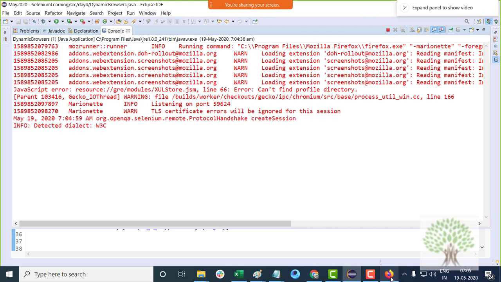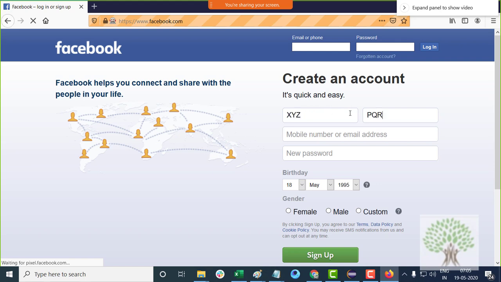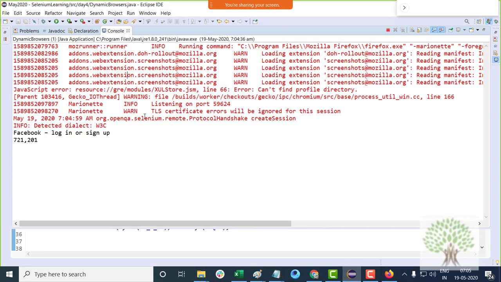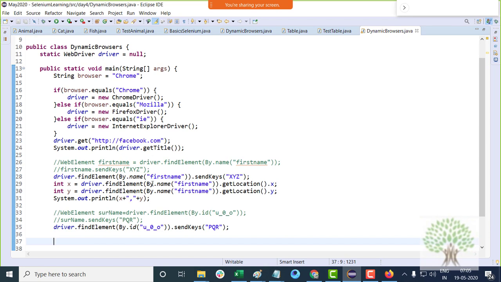Okay, fine, you see that it's executing. Now every time you will not get an ID for an element. Over here I took a very easy example so that the elements could have an ID or something, but every time you will not get this ID or name.